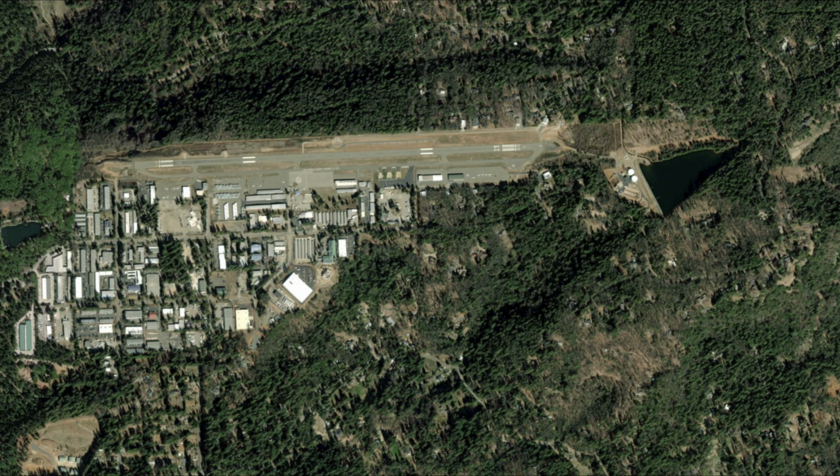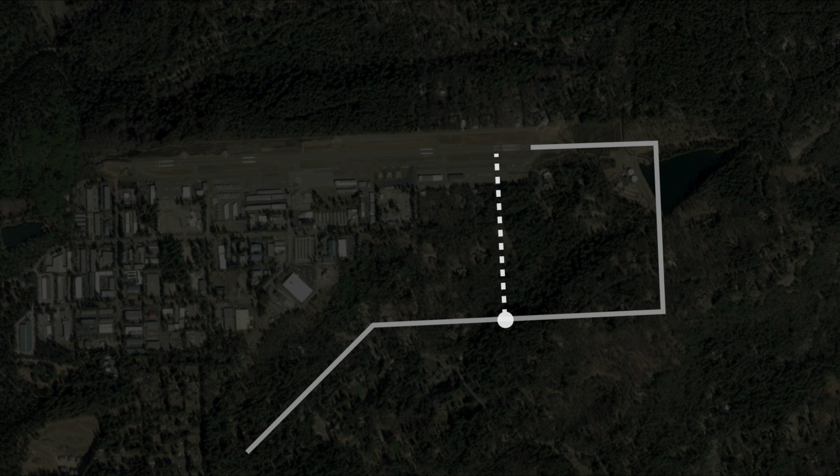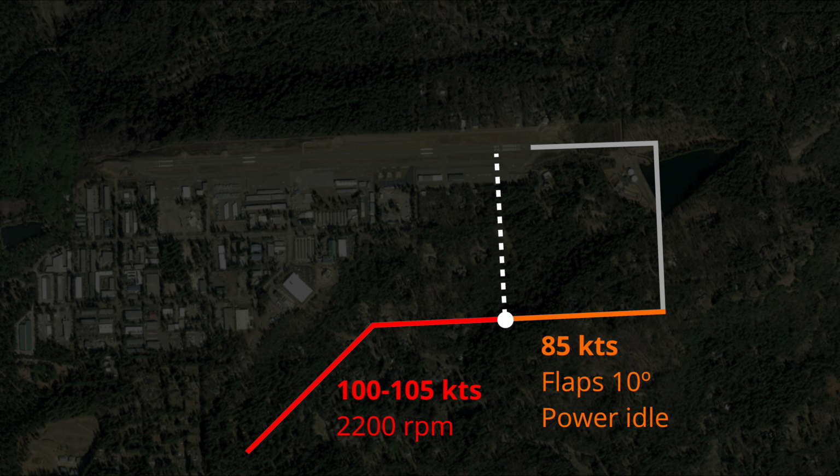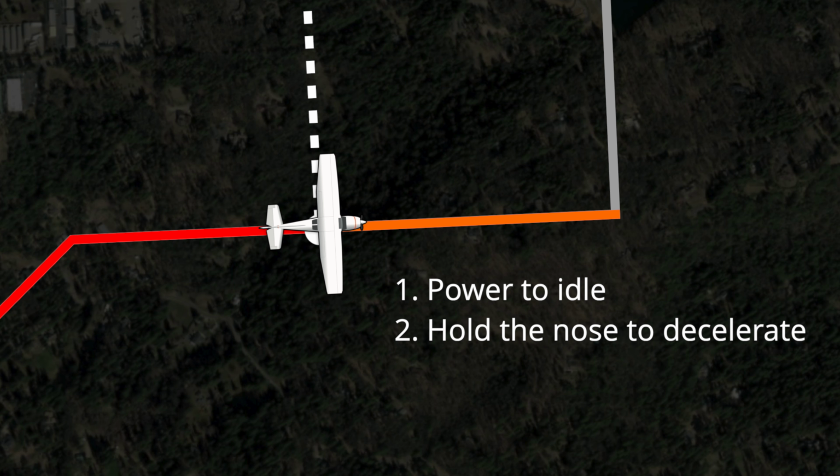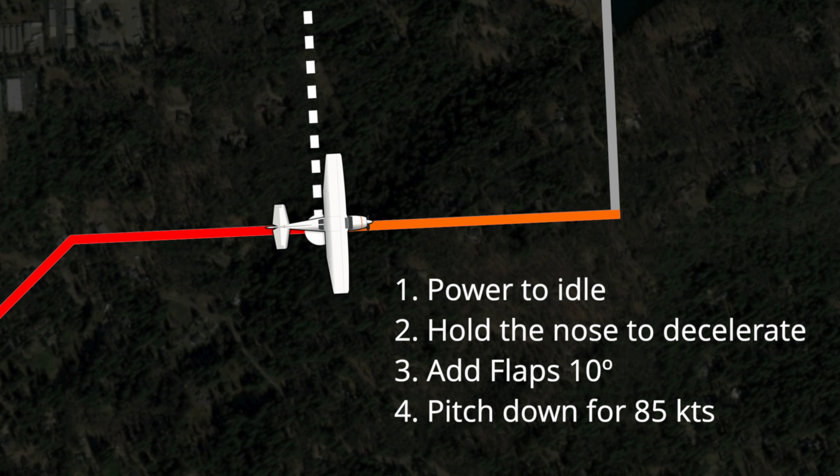Let's use the example of a 172 doing power off approaches, call it runway 25 here at my home base. In the traffic pattern, you want your power setting at 2200 RPM, which will have your speed be about 100 or 105 knots. 85 is the speed you want on the downline after you pull power to idle. So there you are flying along at 100 or 105 knots and you arrive at the abeam position. Power comes to idle. You hold the nose because you want to slow down and not go down. You are below 110, so flaps go in. You count basically 1,000, 2,000, 3,000, and then you pitch forward to fly the downline at 85